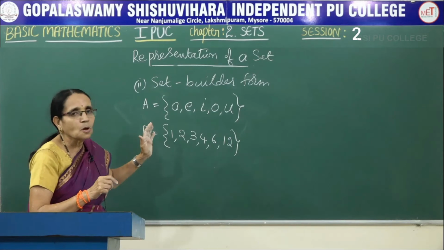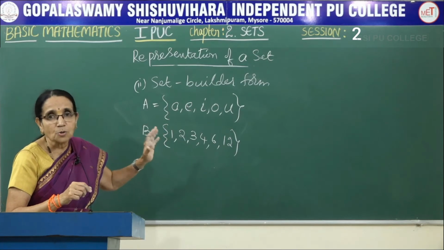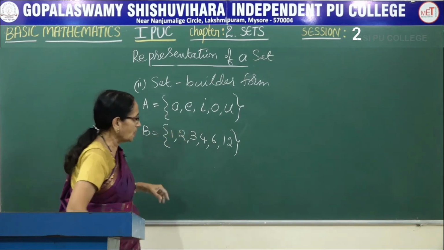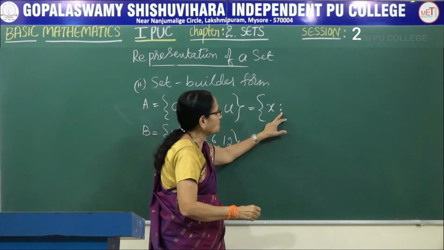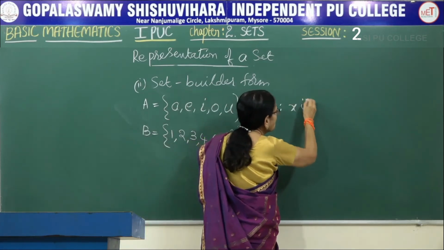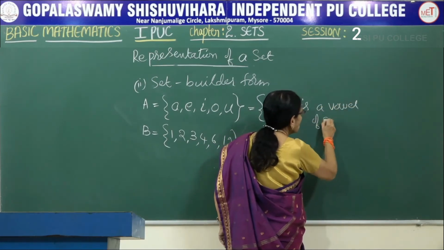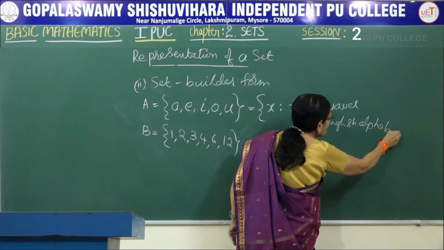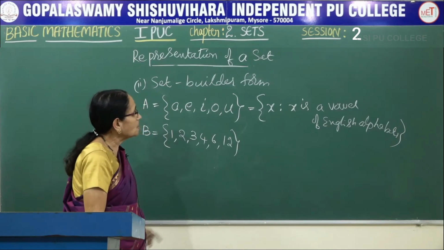So all the elements belonging to the set should satisfy the common rule. And what is the rule here? Here we write it as, and read it correctly, first we write x, then two points like this, which we call such that. Now x is a vowel of the English alphabet. It's a vowel of the English alphabet. Now this is the rule here.